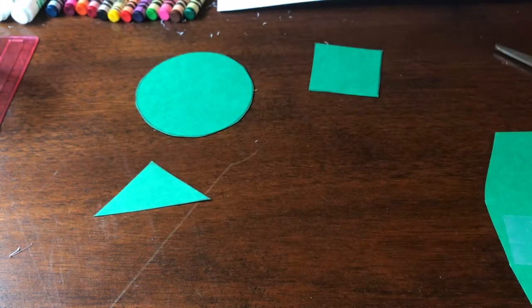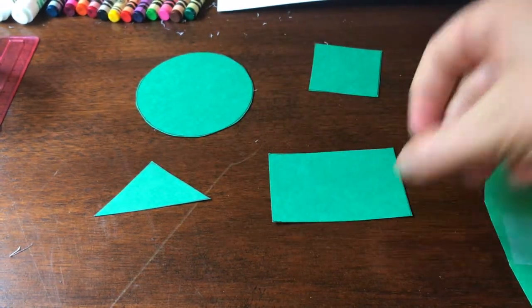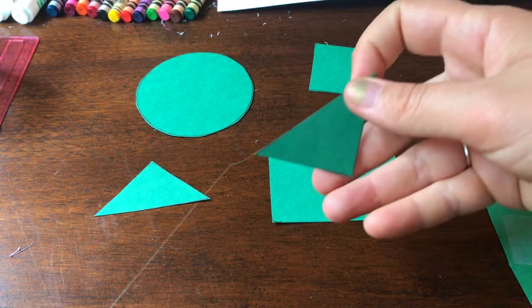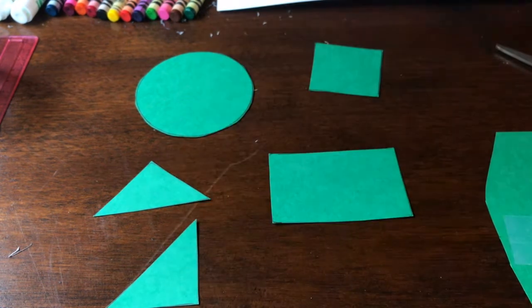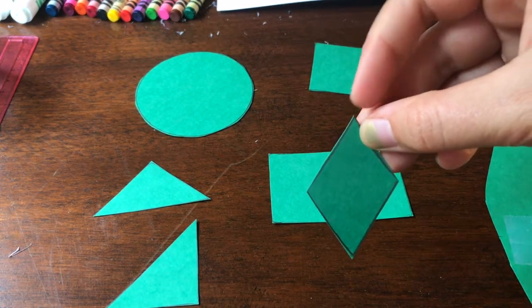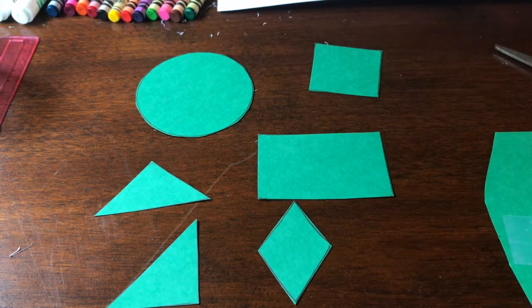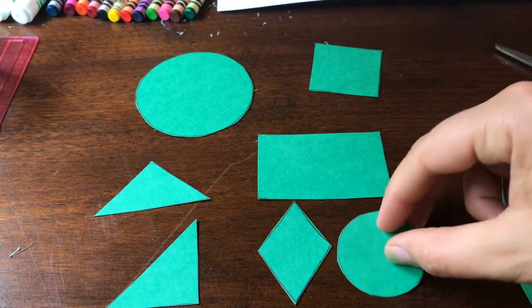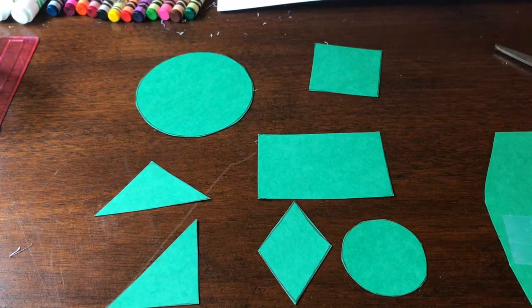Triangle. Rectangle. Triangle. Diamond. And circle, little circle. Good. Now get your drawing paper, a good piece of white paper, and we're going to create